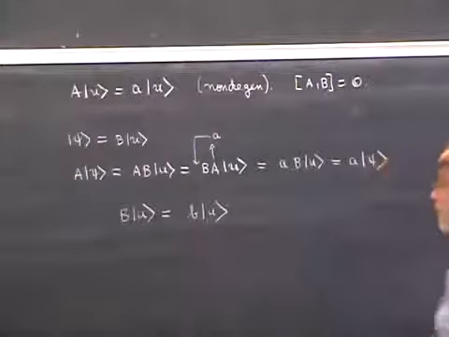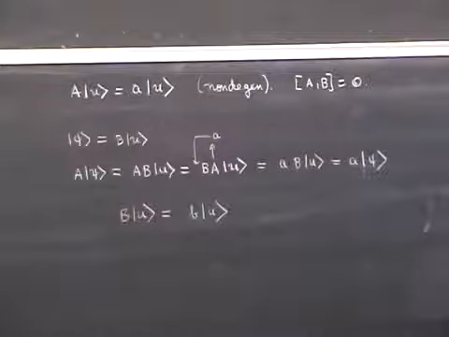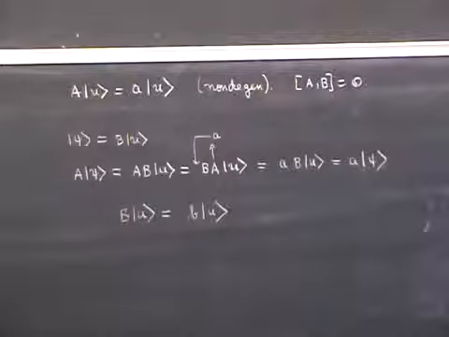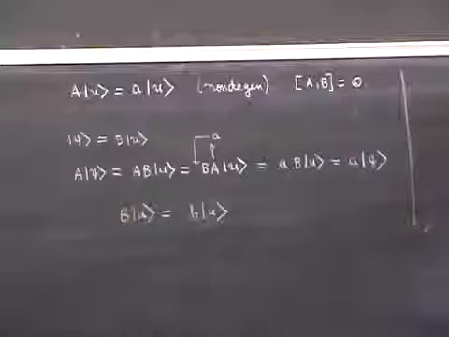Notice that this argument doesn't tell you what the eigenvalue b is, it just tells you that it exists, that this is an eigenstate of B. To give you an example of this, let's suppose we have